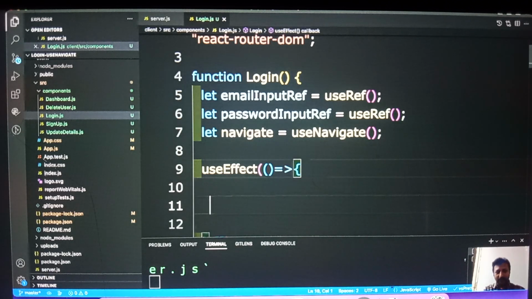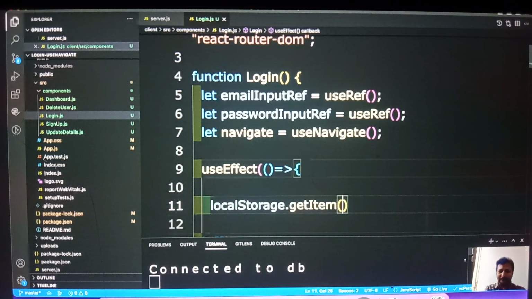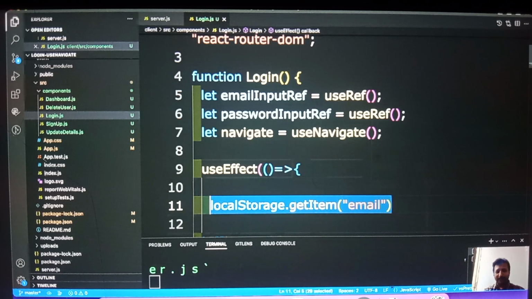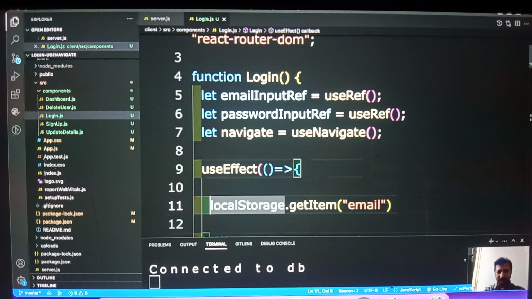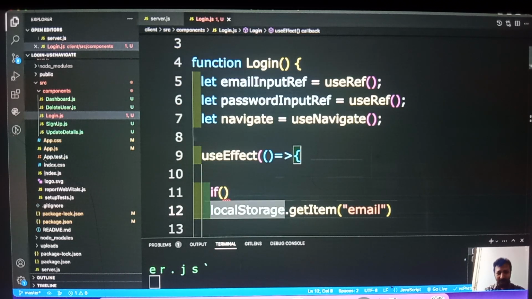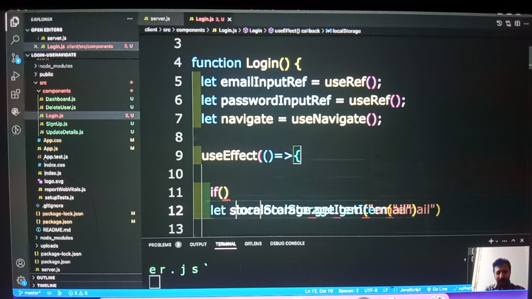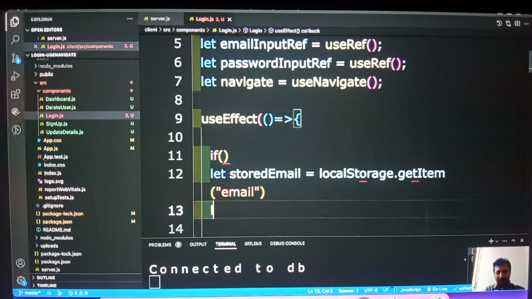Now what I will do is localStorage.getItem email. We'll be getting it, because I wanted to send it to our email input. So I will write like this: if it's a stored email, stored